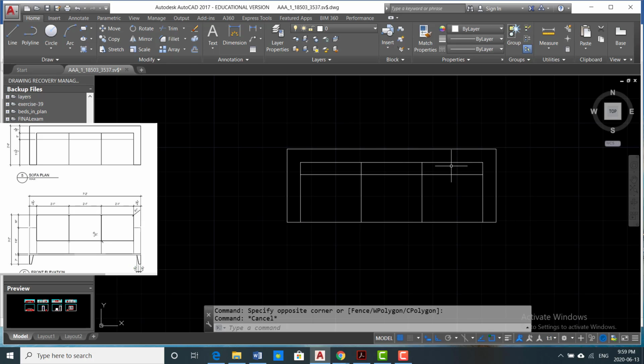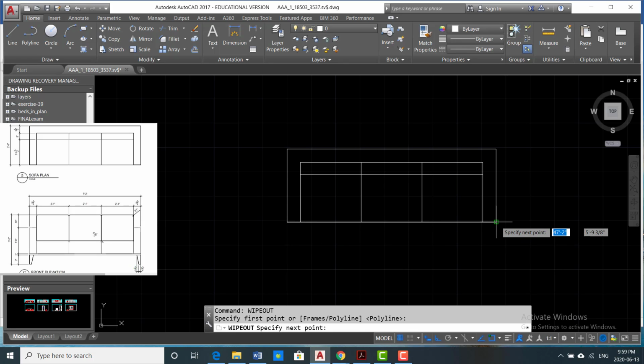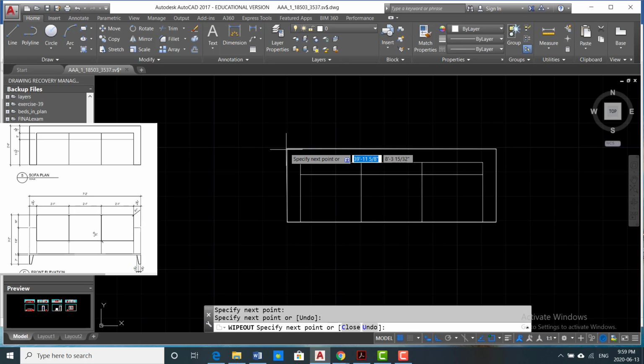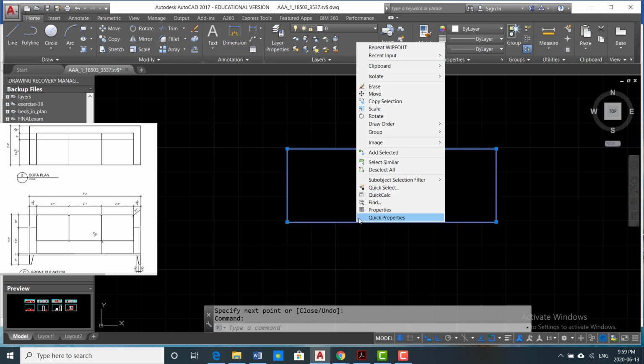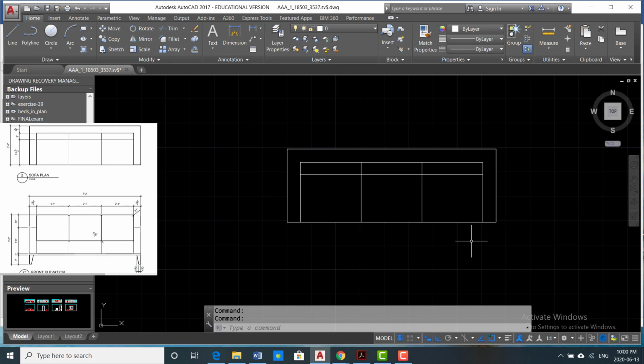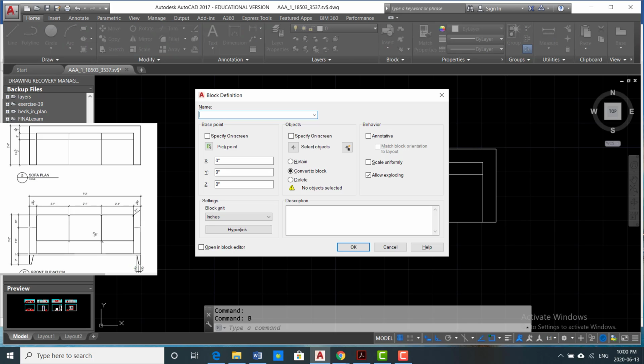So the next thing, I would add a wipeout. Again, you can use hatch, but in this case wipeout is much easier, so I use wipeout, and I just click once, twice, and that's it. So select it, go to the draw order, send it to the back, and I just make a block, B, spacebar. This is sofa,